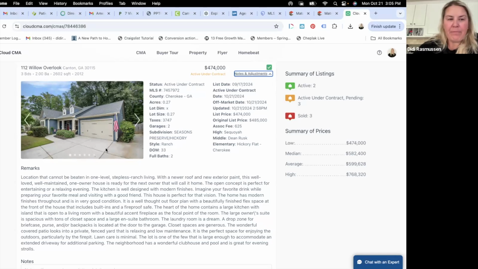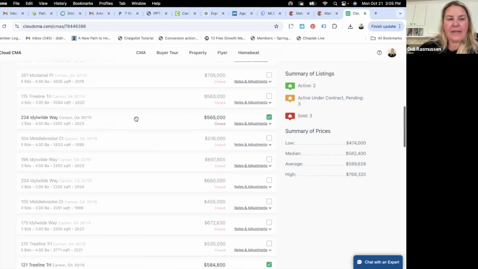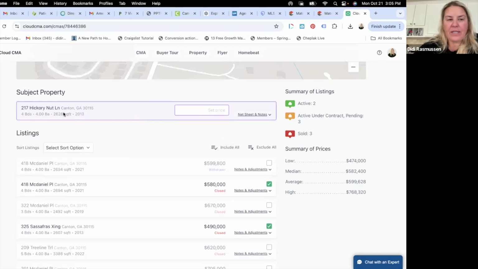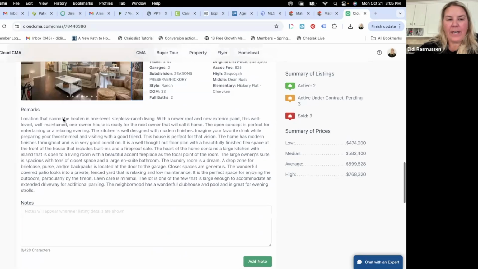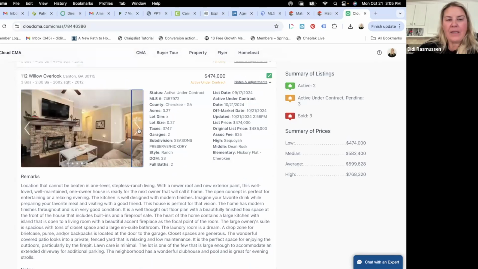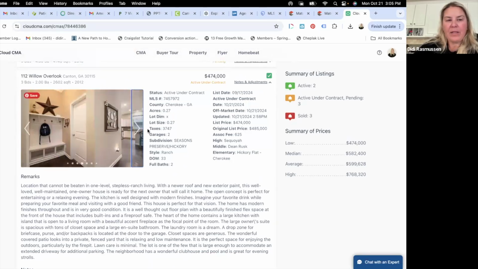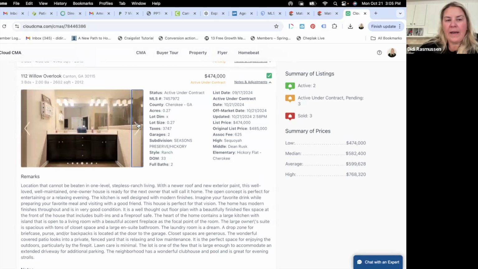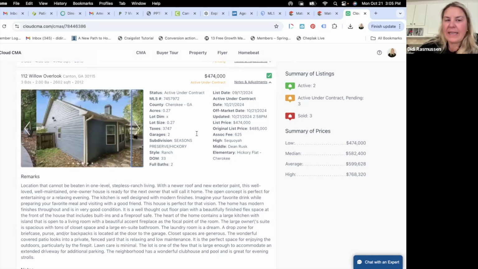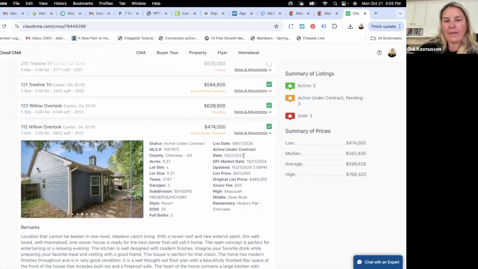Here is the house that is pretty much identical to the house that we're going to be heading out to. It's just a bit above the square footage, probably a bow window or something like that sticks out and gives them a little bit more square footage. But the layout is about the same. I know that the seller in particular had told me that they had put in all solid flooring, just like this one. That was about the updates they did, and then they had painted the home. So this one is a great comp. However,